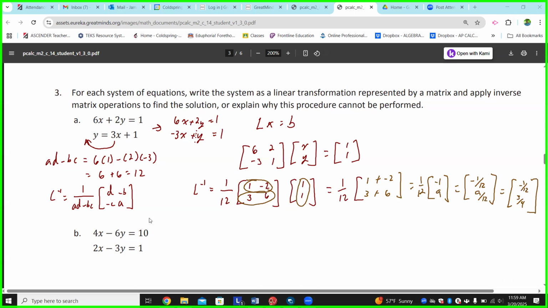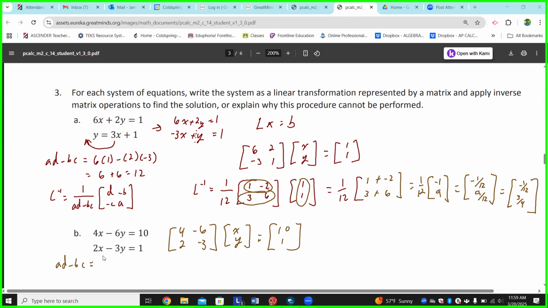Awesome. Very first step, when you are building your equation, what's my equation going to be for Lx and B? Perfect. And here's your x, y. And just to make sure we understand, what's our b? 10, 1. But before I can actually solve this equation, I need to go find its determinant, which again is